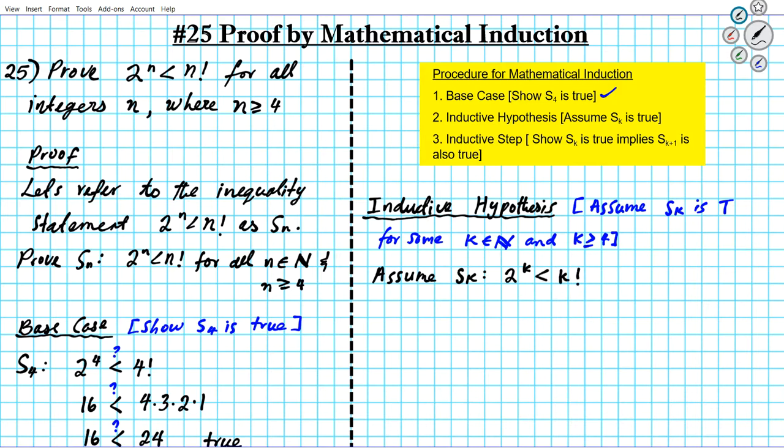Notice S sub k basically means that we replace all the n's with k, because we're picking some arbitrary k in the acceptable domain. So for some random integer k where k is greater than or equal to 4, we're assuming that this is true. So assume that this statement is true